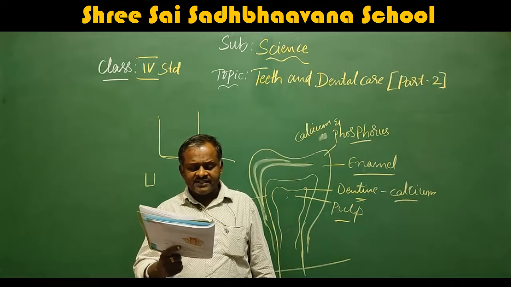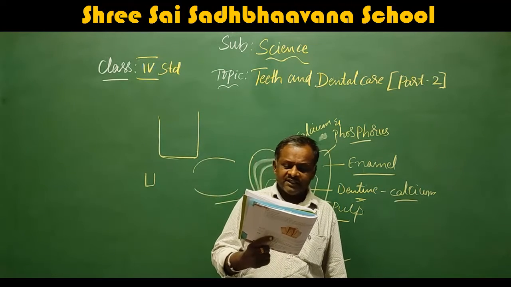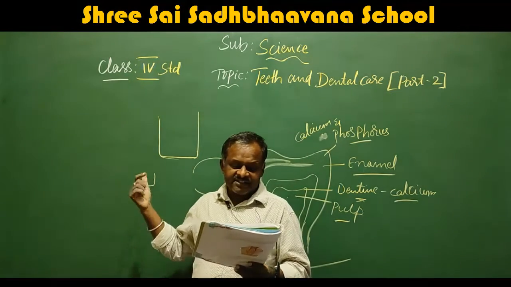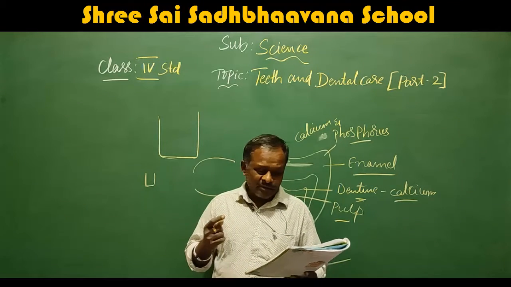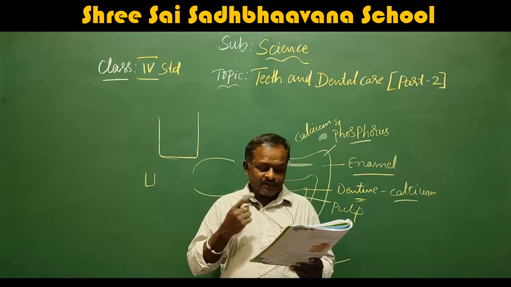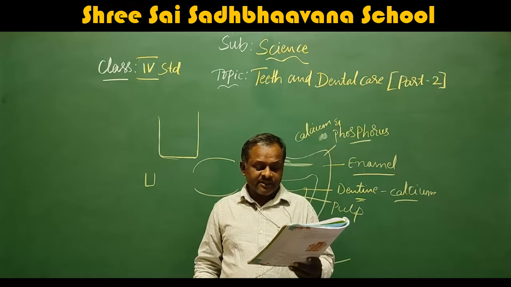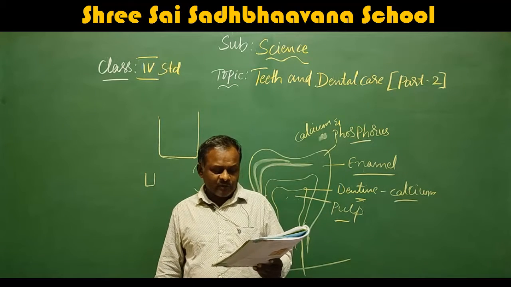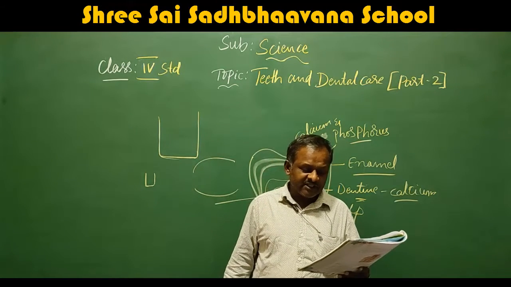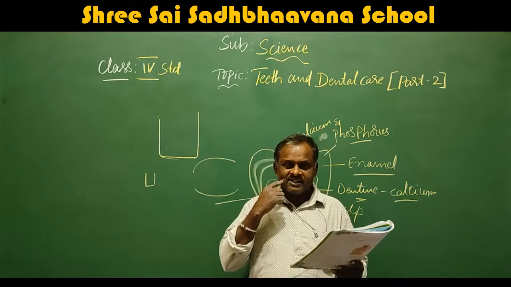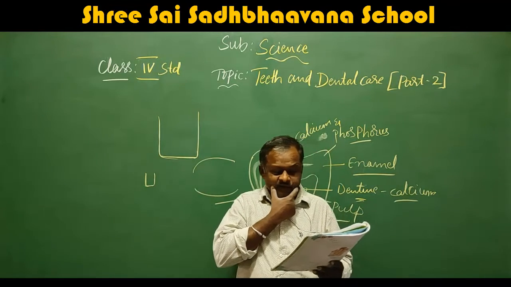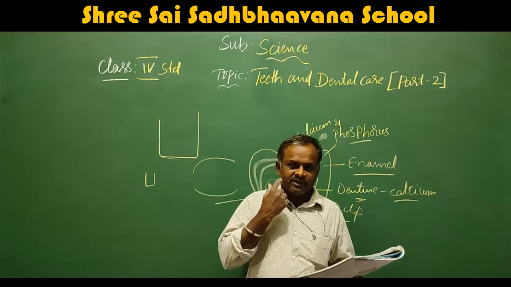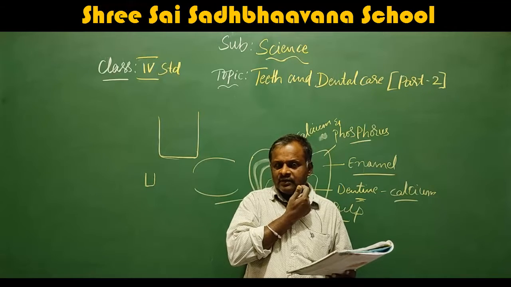Next come the canines, 4 teeth and the next ones in order to develop. That means after the incisors, the canines grow, 2 at the top, 2 at the bottom. These teeth are pointed and sharp. They help tear food. These are also helping in tearing the food. Next, premolars. Premolars are the 4 teeth on each side of the mouth. That means this side as well as this side, 4: 2 on the upper and 2 on the lower jaw.